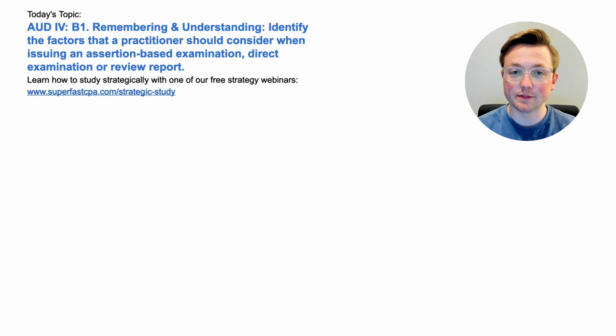I'm Logan, and in today's video, we're going to be going over Audit Area 4. This is Section B1. This is a remembering and understanding topic. Identify the factors that a practitioner should consider when issuing an assertion-based examination, direct examination, or review report. And we're going to be doing that the SuperfastCPA way, which is diving straight into the questions to learn the